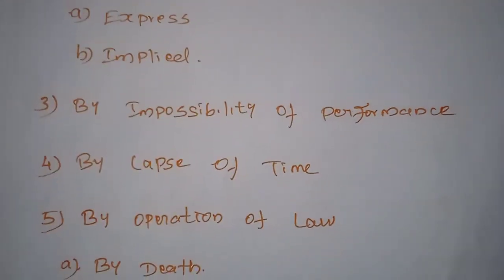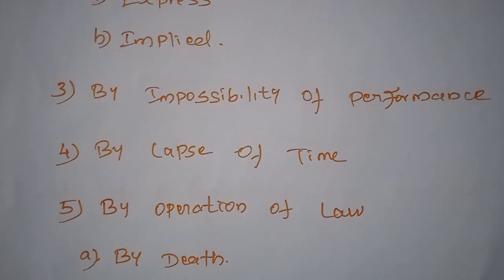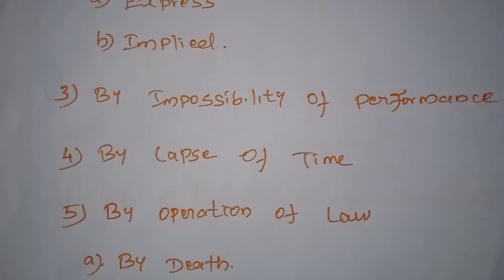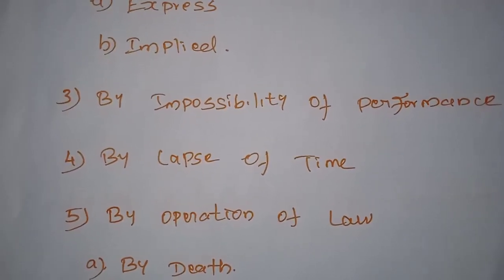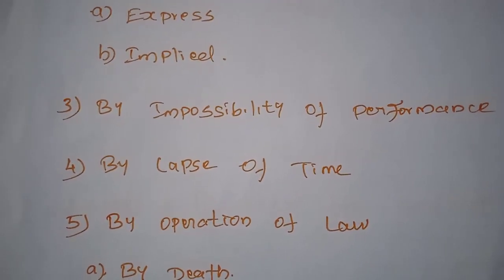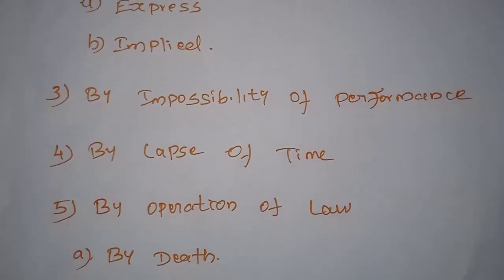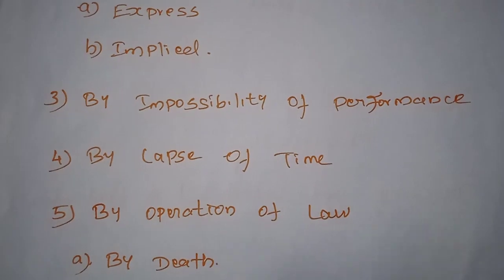Next, discharge by impossibility of performance. A contract may be discharged if its performance becomes impossible. The rule of impossibility of performance is based on some points. That is, the law does not recognize what is impossible. Suppose the law is expressed or has considered it, the law may be